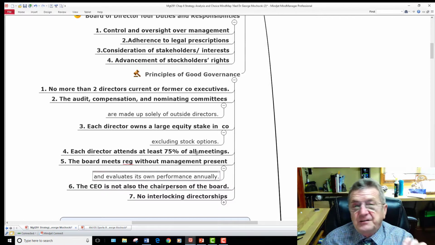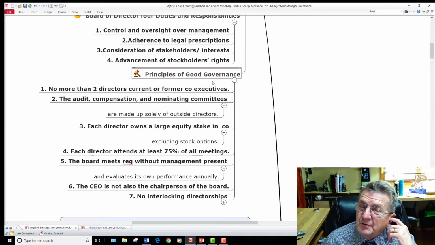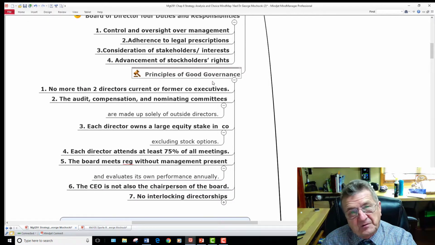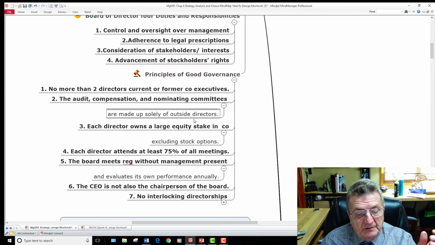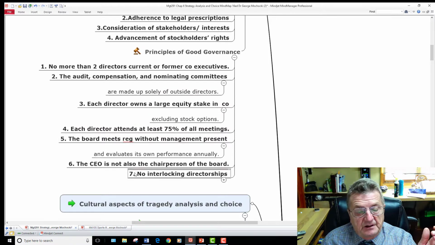Remember, this is principles of good governance. Some companies, they are, because they can't find anyone else, or that's the way the company's set up. Smaller, because he or she has a majority of shares. Remember, terms and conditions. This is just generally, if you want to keep it separate and not too influential from others within the company or outside the company. And then no interlocking